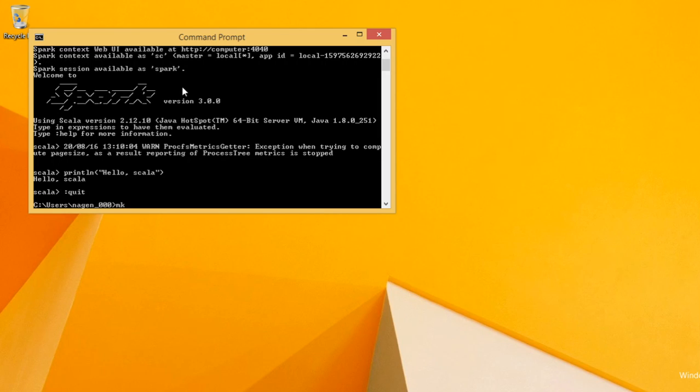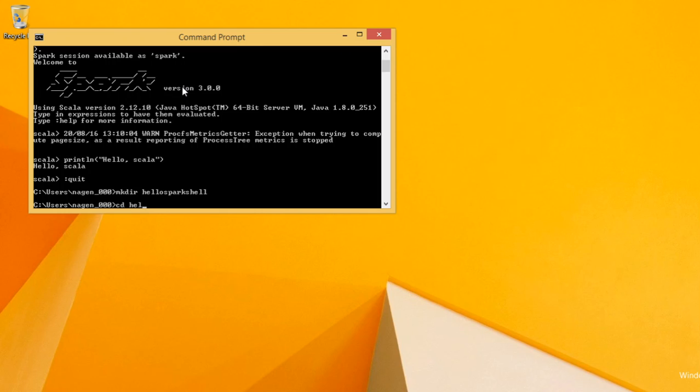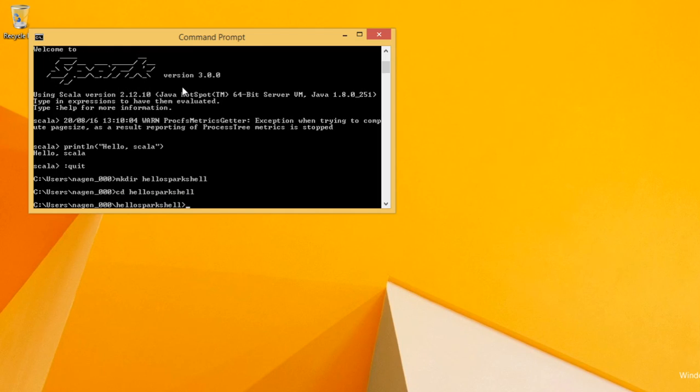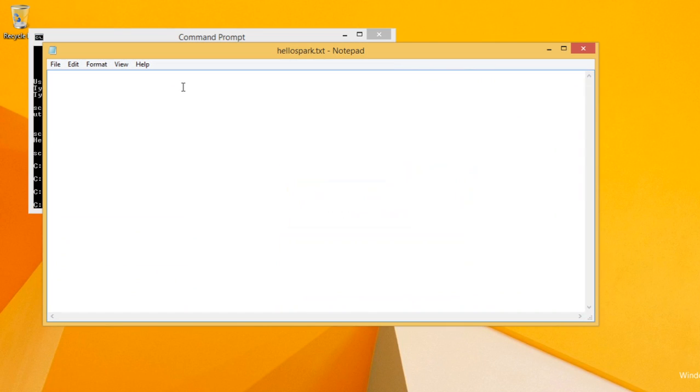Create a folder, hello Spark Shell, and cd hello, and let me create a file hello spark.txt. Hello Spark and exclamation mark. Save it and close it.